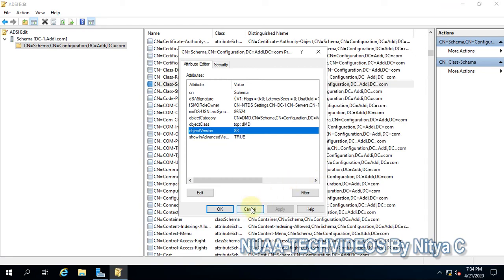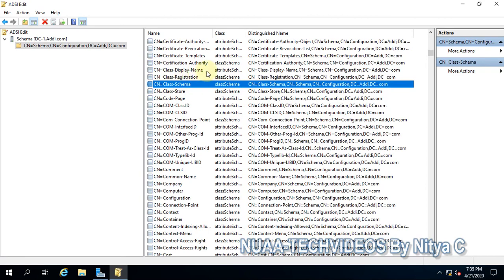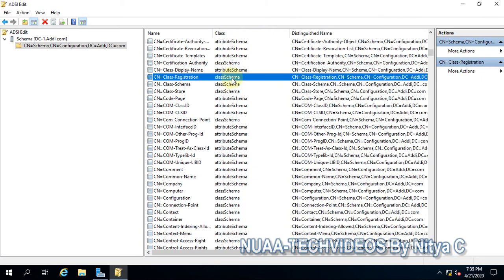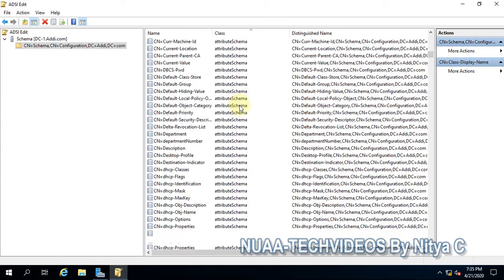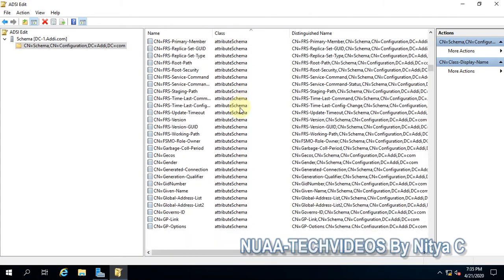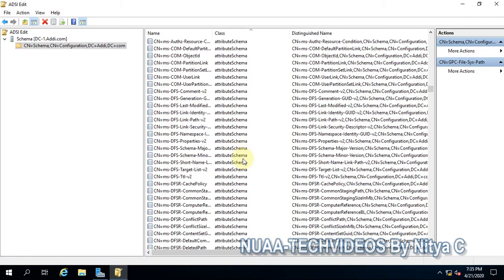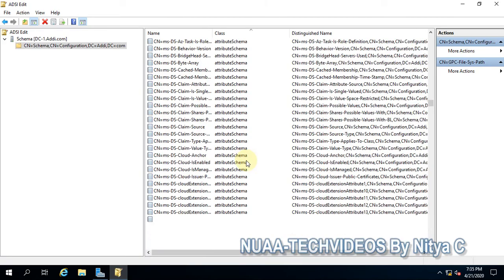So this is all about the schema partition, and here you can see all the classes, objects and attributes. This is the attributes, the classes, and this is the class schema, and this is attributes. This way you can define. I segregated them all, so these are all the attributes which are present, and I think there are more than 2000.